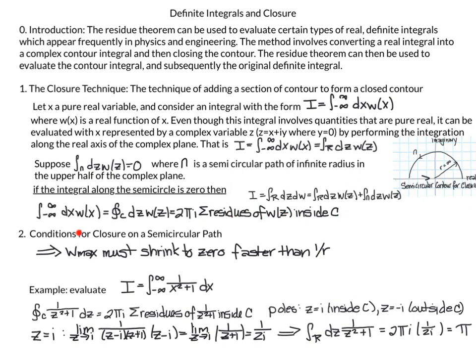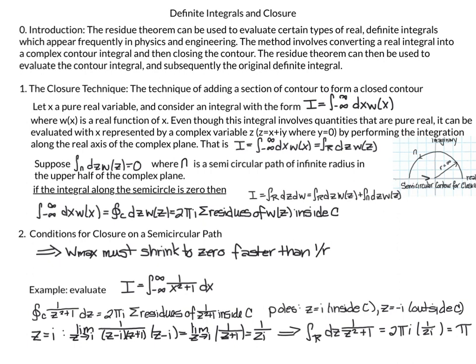We also looked at the conditions for closure. Since it's important, we want the integral along the semicircle equal to 0, and we see that happens when w max, the maximum value of the function, shrinks to 0 faster than 1 over R. And we did this example here: I equals the integral from negative infinity to infinity of 1 over x squared plus 1 dx. We used the closed integral. We verified in our detailed example that the integral over the semicircle will approach 0, so then we could use this closed integral,